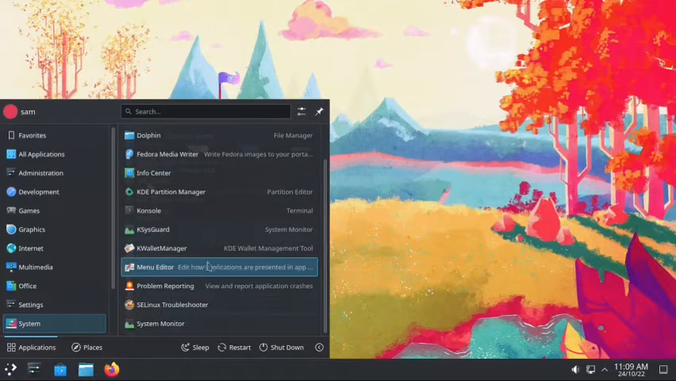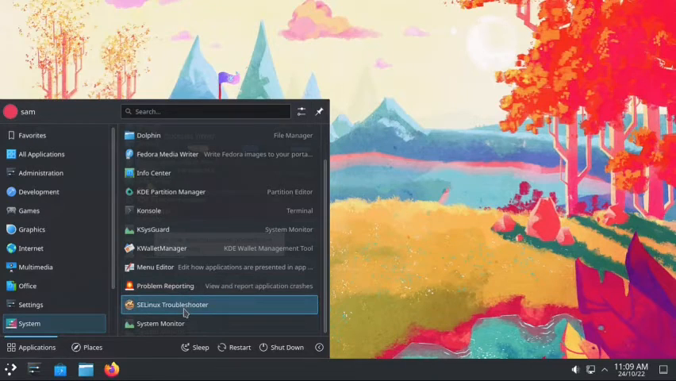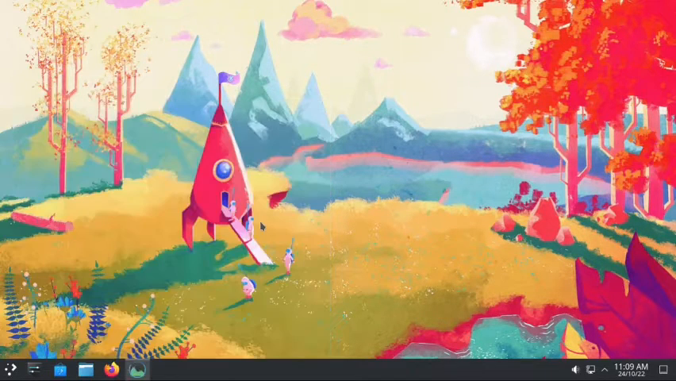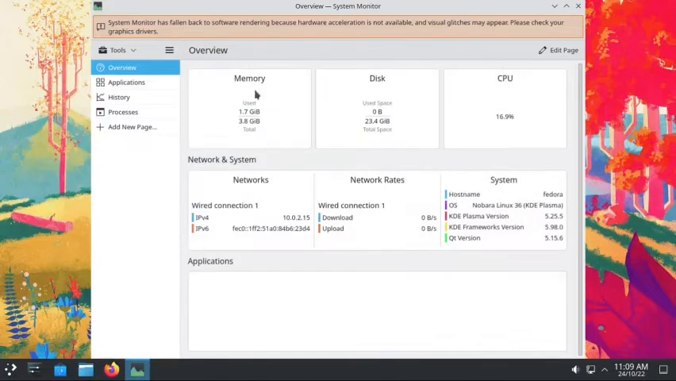Okay, Wallet Manager, menu editor is there, problem reporting, that is the ABRT tool, SE Linux troubleshooter, system monitor is there. So you got both system monitor as well as K system guard. Let us check out the system monitor. System monitor is